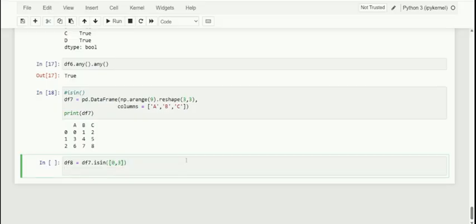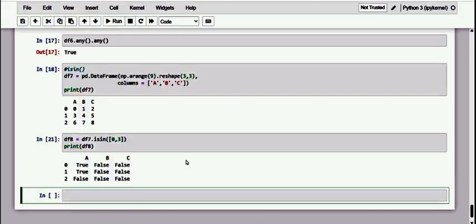Let me execute it, df8, and kindly observe, dear friends. As we can see, by passing a list of values as an argument to the isin method applied to the data frame, we get a Boolean data frame of the same size, which has true if the value belongs to the list and false if it doesn't exist.